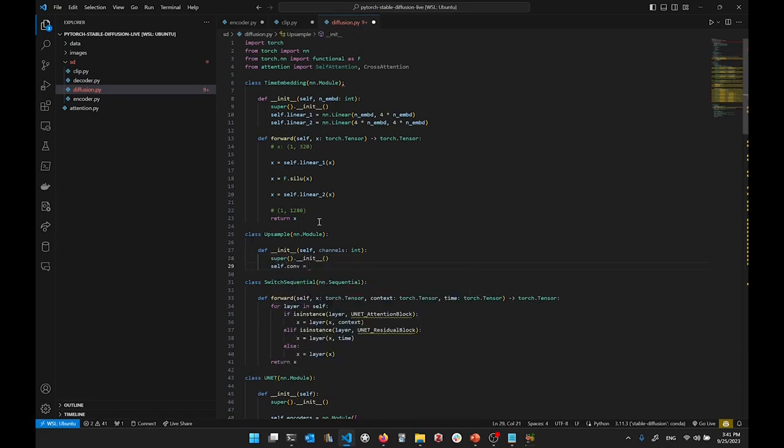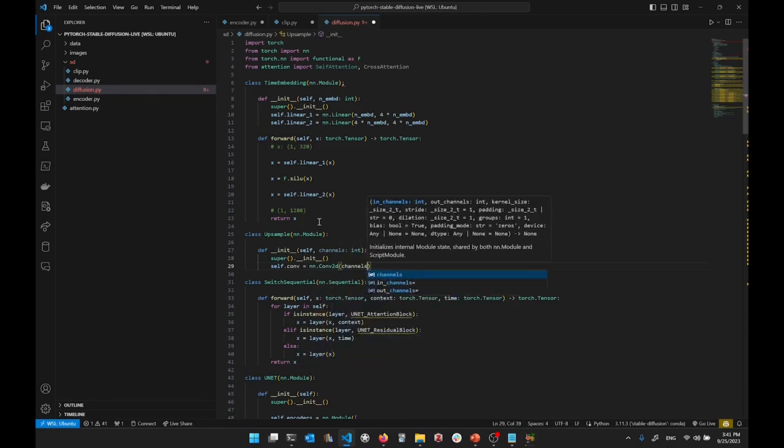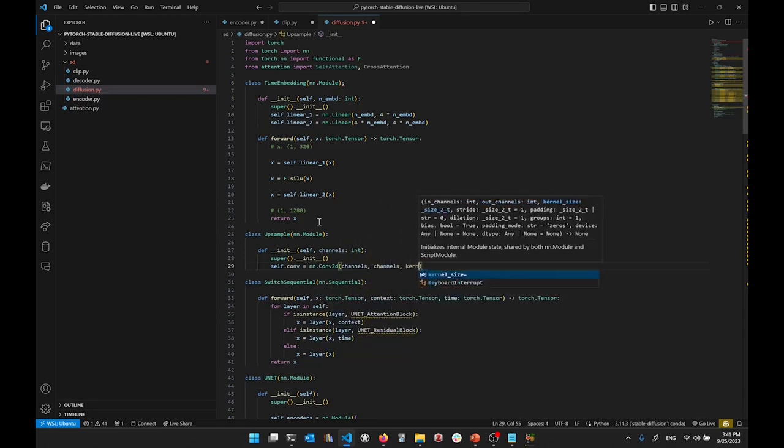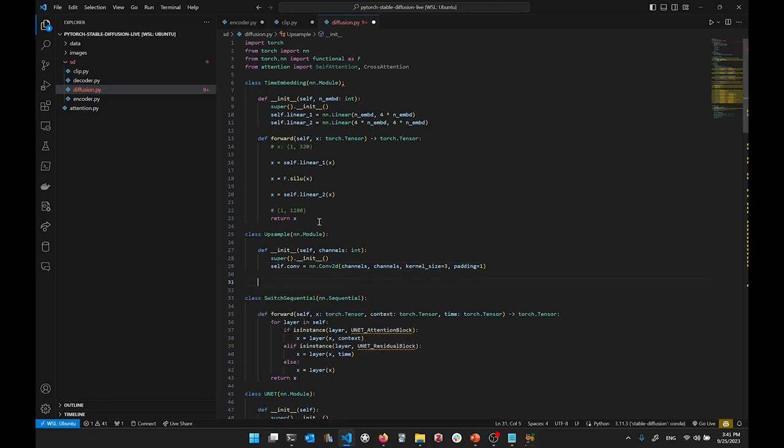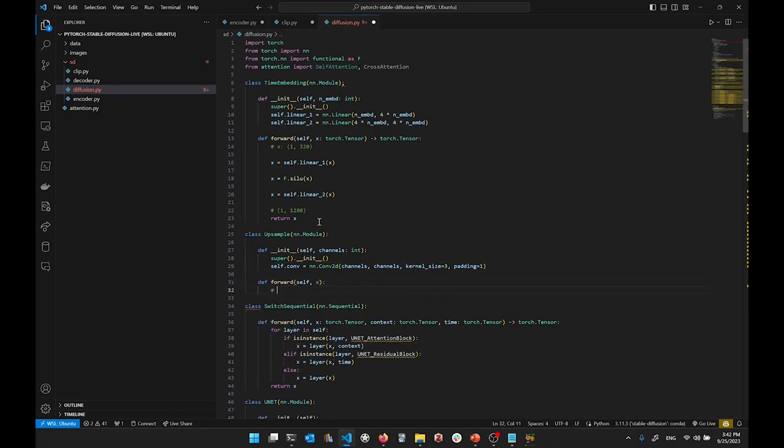We have this convolution without changing the number of features. And this also doesn't change the size of the image actually. So we will go from batch